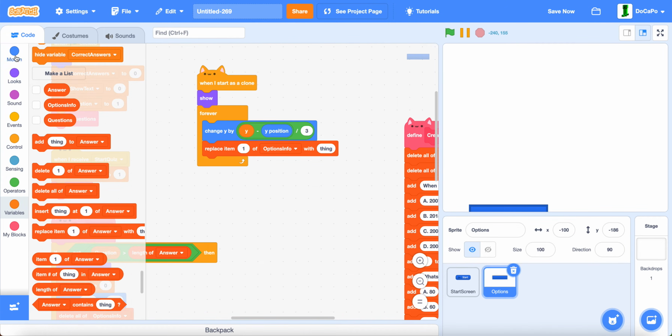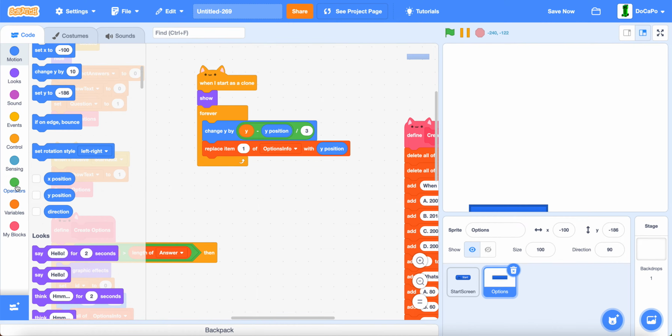Instead of that, it will be y position and then